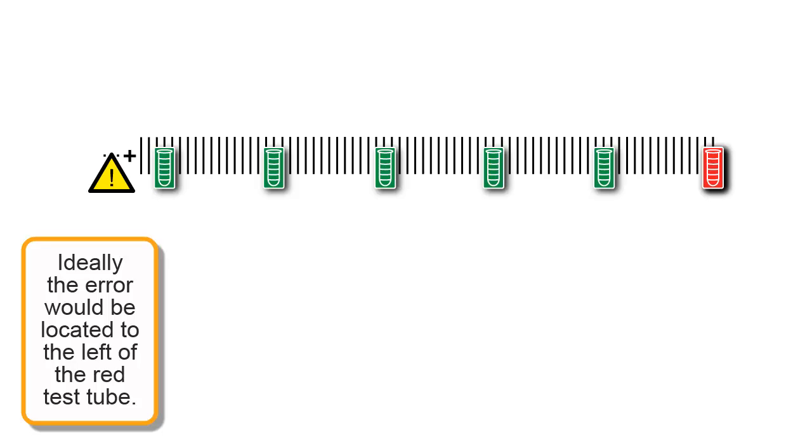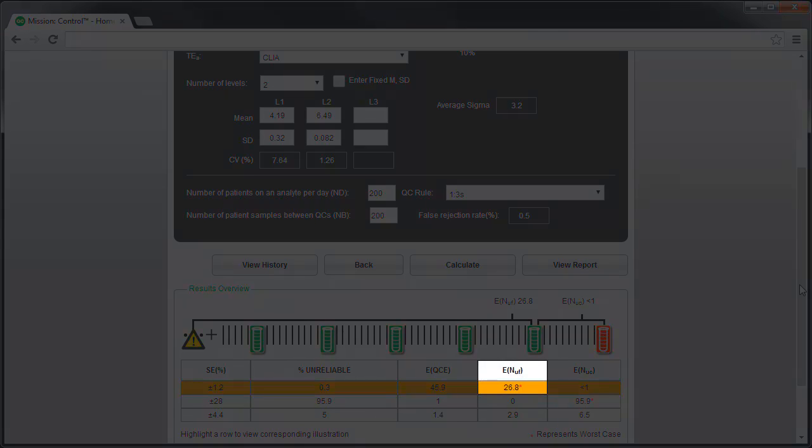Ideally, we want the error represented by the yellow triangle to be detected by the next QC. So the best place for the yellow triangle to occur is between the last good green QC and the next QC, which is red, indicating it detected the error. The lab would likely not report the patient's results if the QC was out until the reason for the error has been investigated. In theory, this would mean that the ENUF would be 0 because the error was detected by the next QC event and incorrect results are not reported. In our example, the expected number of unreliable or incorrect results that are final is almost 27.